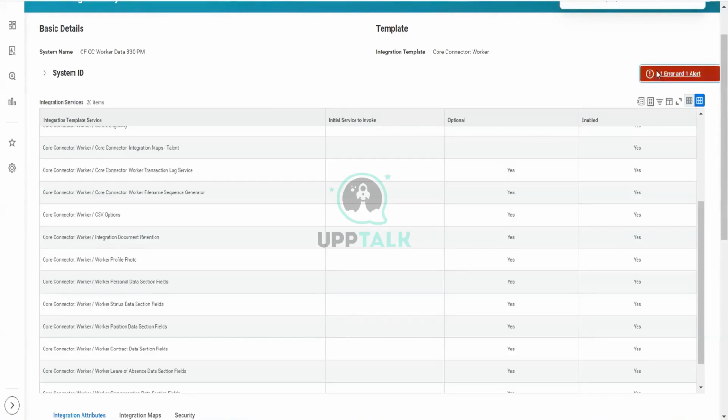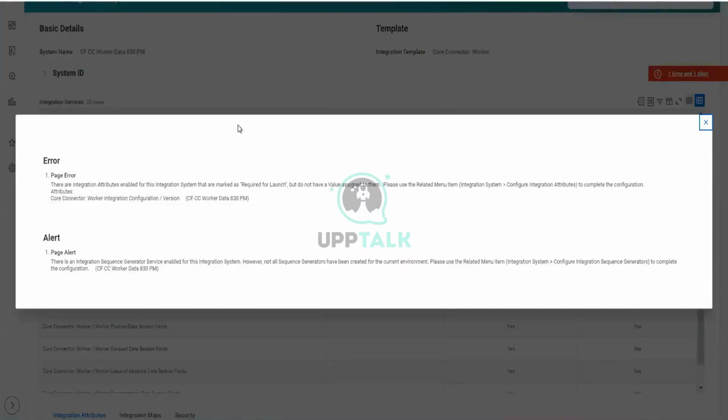Then refer to the error. The error says there are integration attributes enabled for this integration system, and these are the integration attributes. There are approximately 39 attributes enabled with the help of the integration service that are marked as required for launch. We need some modification here to resolve this error,